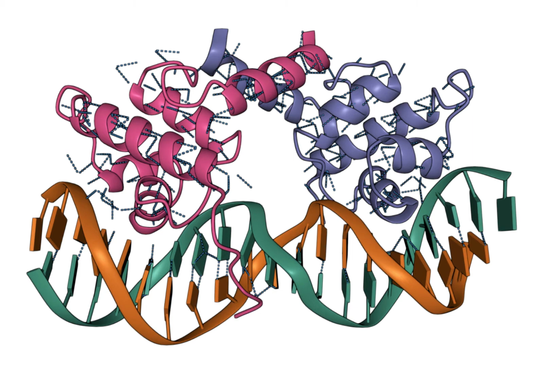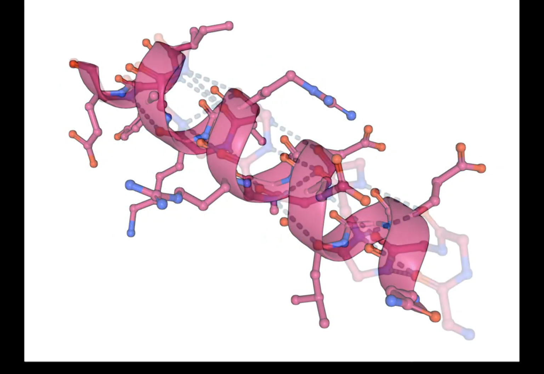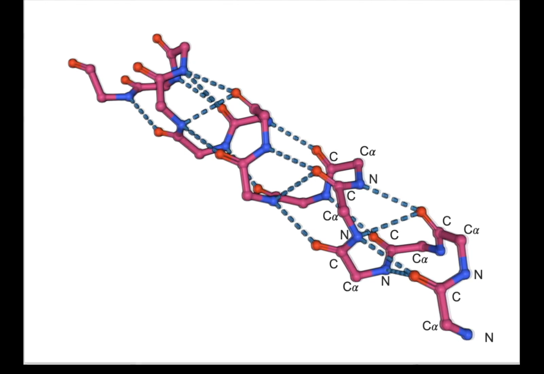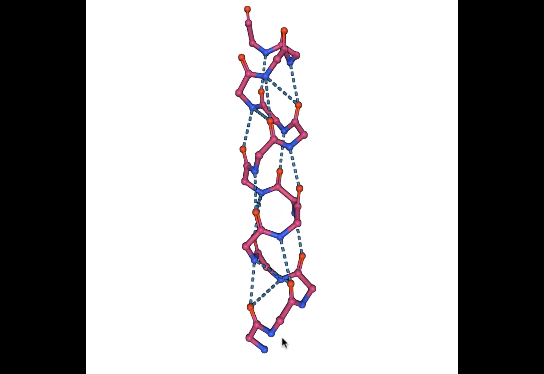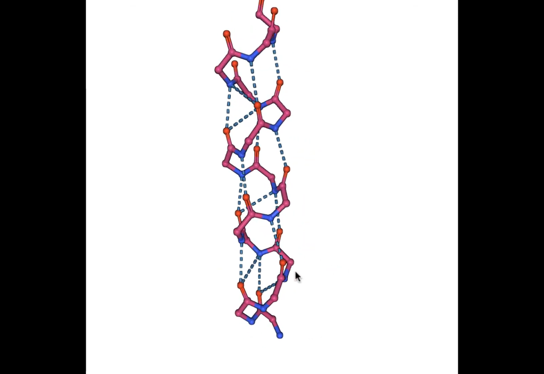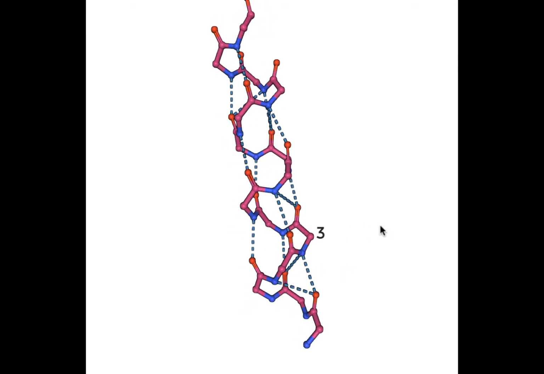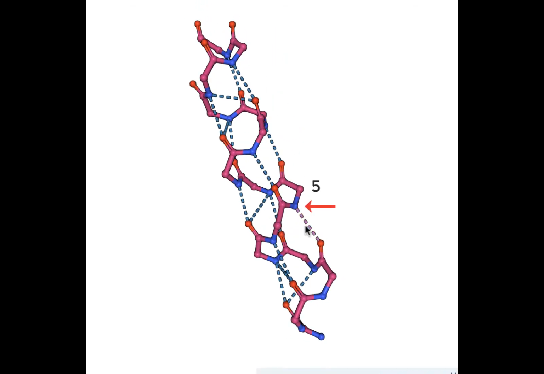Let's look at the hydrogen bonds in one of these helices. In this part of the helix, if we hide all the side chains and focus only on the backbone atoms, we see a repeated pattern of N-C-alpha C forming this helical structure stabilized by hydrogen bonds. The carbonyl oxygen acts as the acceptor, while an amino group 4 amino acids away acts as the donor in